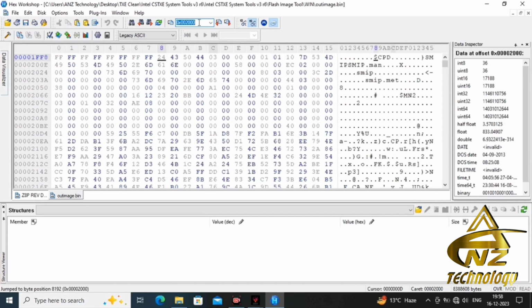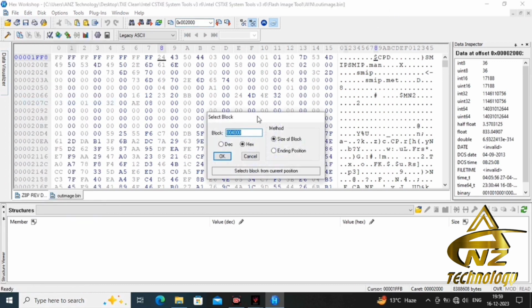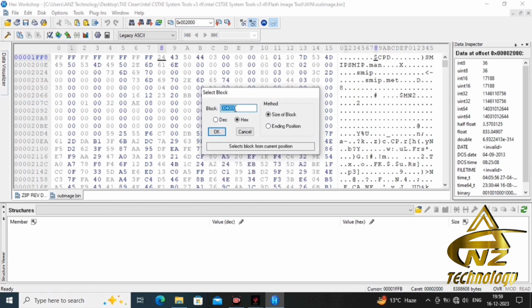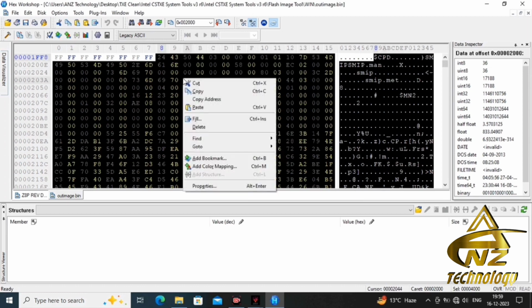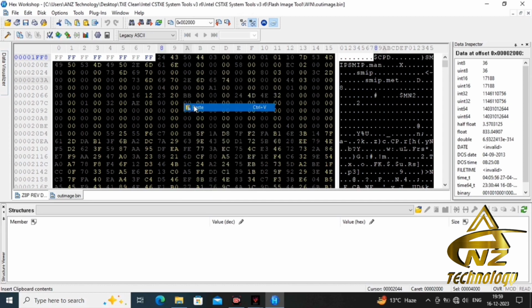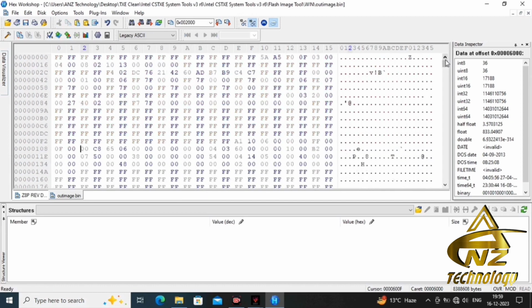So just click enter. Now click on Edit, Select Block, and the total size value is already written here. Just click OK. Now the SMIP data has been selected. Just right click here and click on Paste. So now our SMIP data has been replaced successfully.